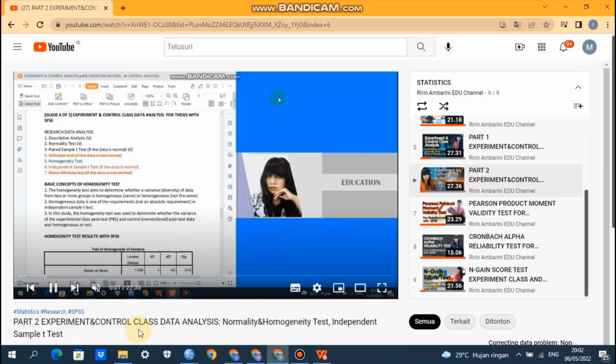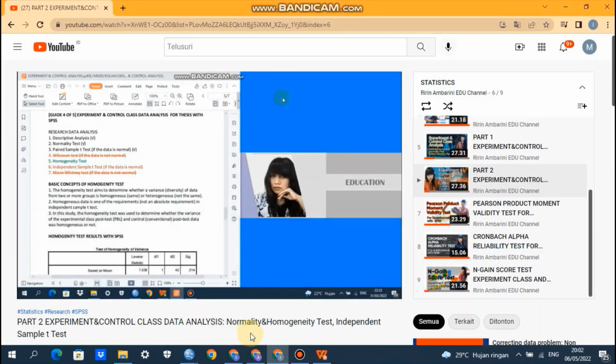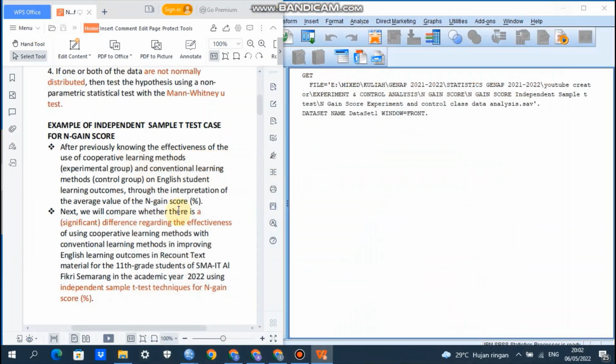And this one, part 2, experiment and control class data analysis for independent sample t-test. And this one, of course, will lead to our SPSS tutorial today about independent sample t-test for N-Gain